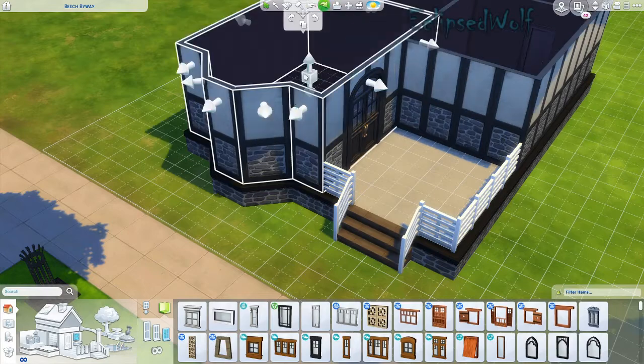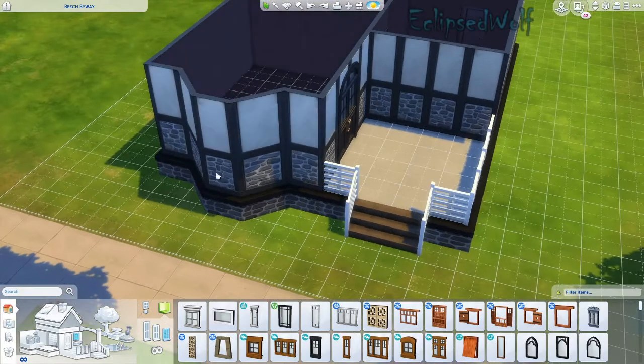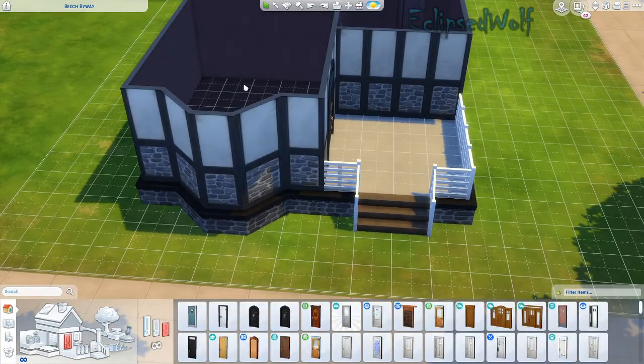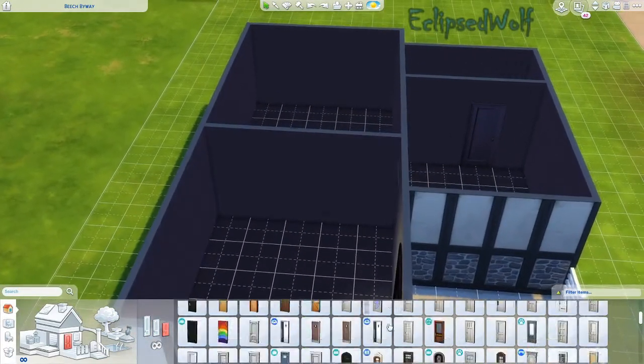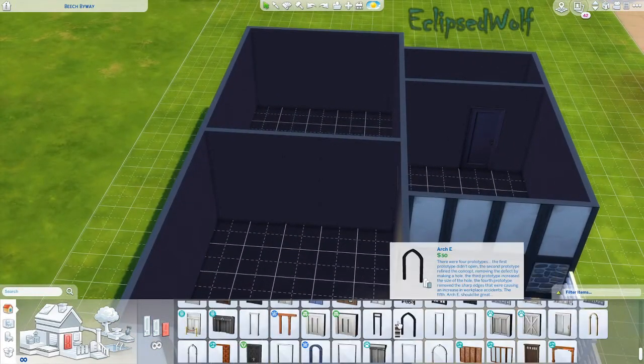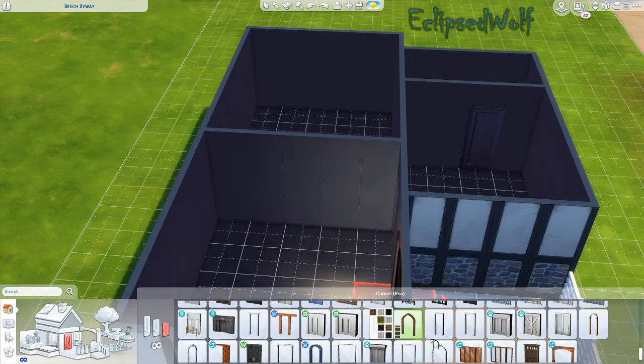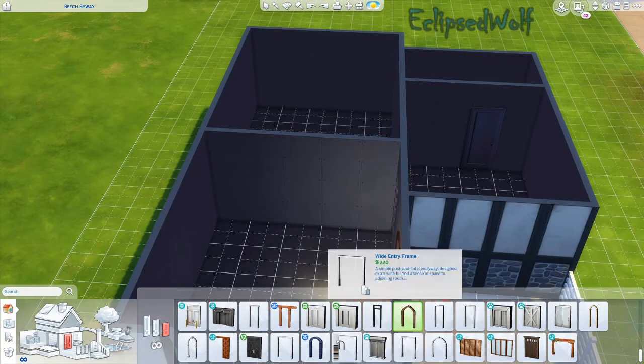Oops. I don't want to go through and lift all of those back up. And let me actually put the thing back in here. So for this one, we're just going to use this archway. Maybe not. So we'll just use...